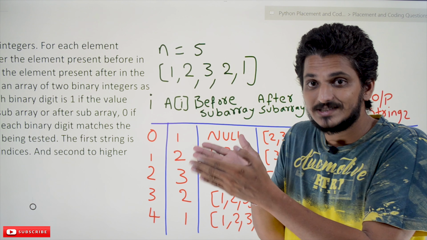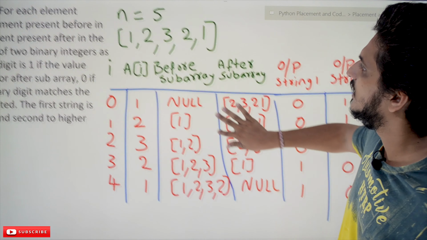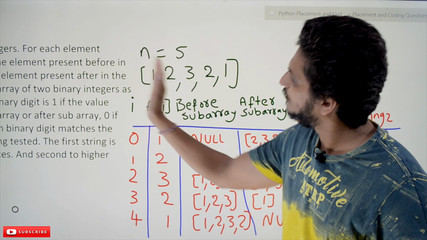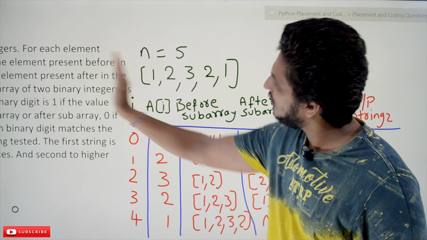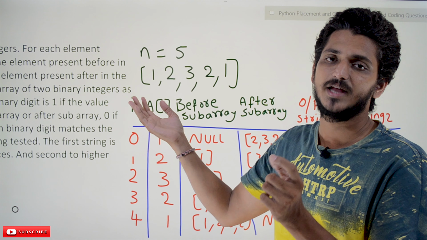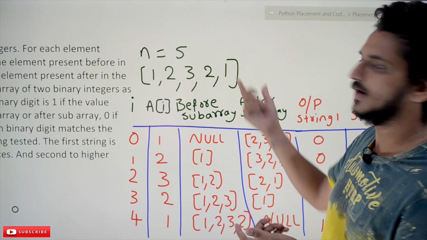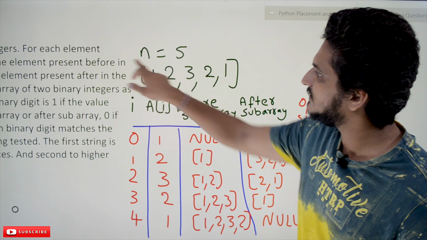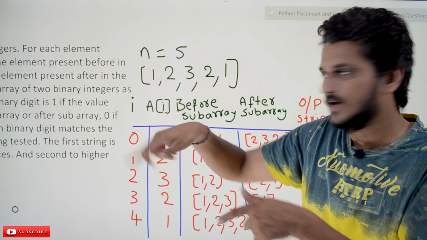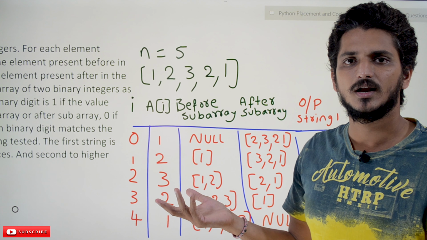So string slicing. Let's take the example. If you take the element at the 0th position and slice the part of the list that belongs to the left side, is there anything? No, a null value, an empty string will be taken. If you slice the right side, you will get 2, 3, 2, 1. If 1 is present in the left part, put 1, and likewise for the right part. That's it, the logic is over.